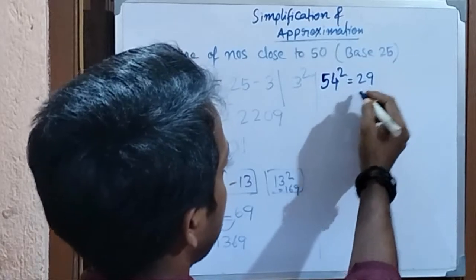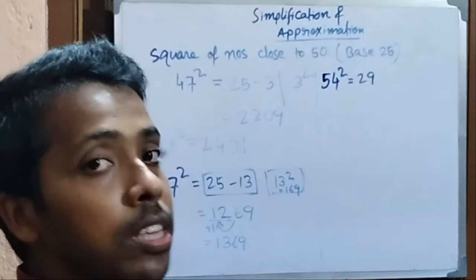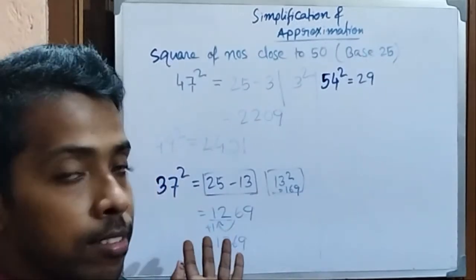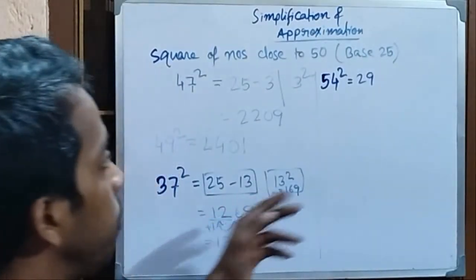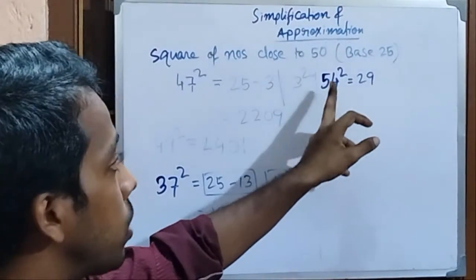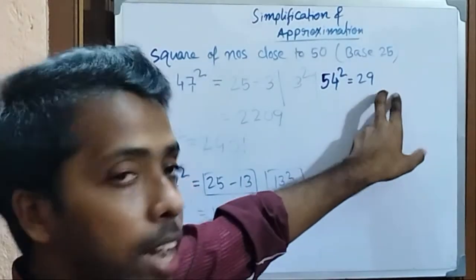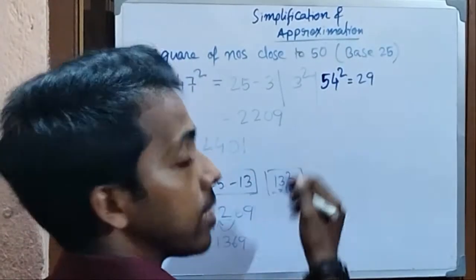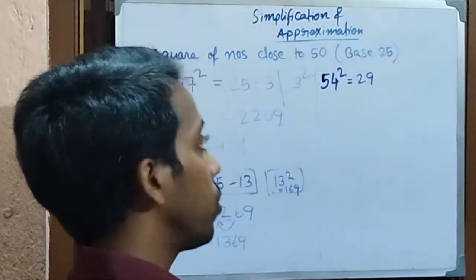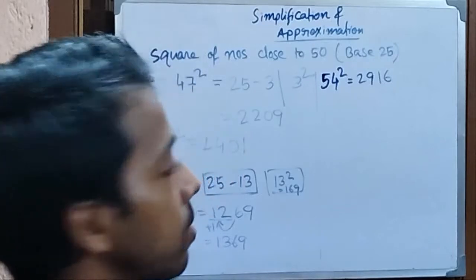This is the first box, and in the second box, the extra part, or the lesser part in the less-than cases, here we have 4 more than 50. So this extra part would get squared in the second box. So 4 squared is 16, and 16 is already a 2-digit number, so there are no issues. So 2916 is the answer.